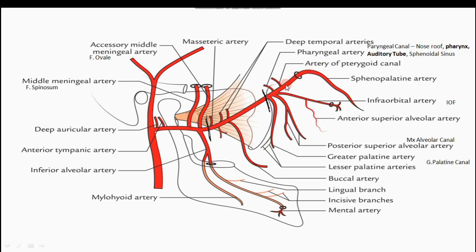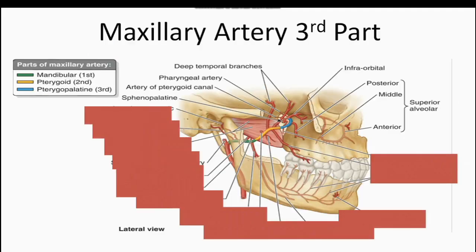Then the last artery, rather, this is not a branch, this is the continuation of the maxillary artery. This maxillary artery has to terminate. Clear? So this is the termination point of the maxillary artery, known as the sphenopalatine artery, and it passes through the sphenopalatine foramen. I've shown you this foramen, and it supplies the lateral and medial wall of the nose and various air sinuses. Now we will see each artery of the third part in detail.